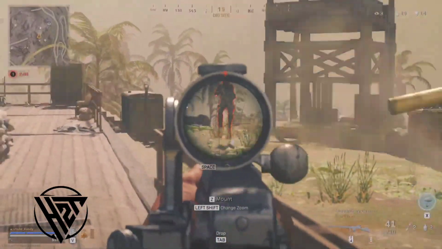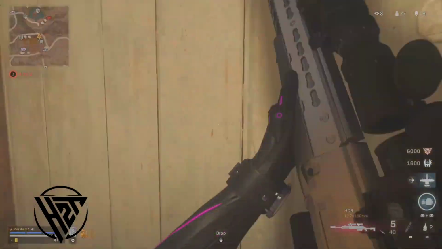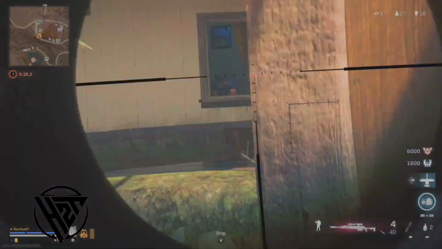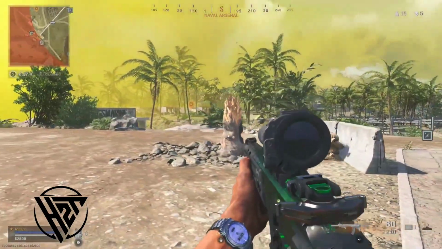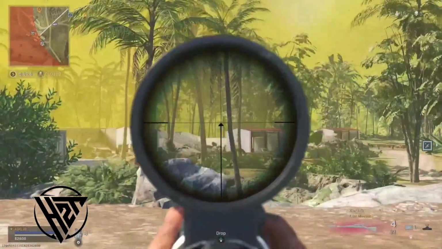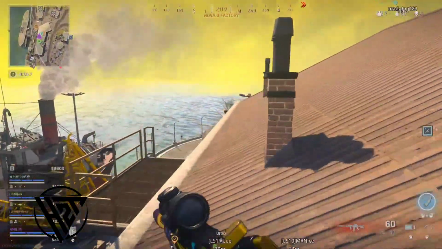Positioning. Prioritize high ground and cover during engagement to gain a positional advantage over your opponents. Circle awareness. Stay mindful of the circle's location and movement, planning your movements accordingly to avoid being caught in the